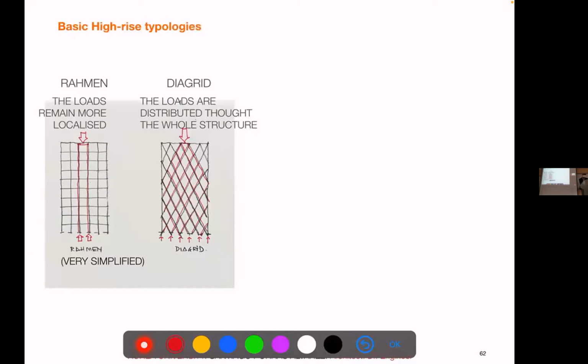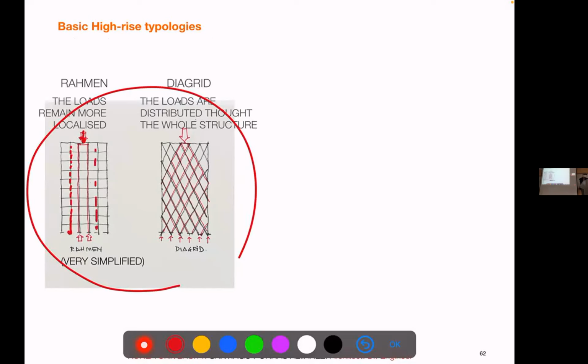This diagram, actually this is a simplification, right? If the load is in the beam, maybe 20% of the load will go to the sides, and maybe just 5% will go there. So in reality, there's a small share of that stress in the ramen, but most of the load will be in the center. It's kind of irregular. The grid goes smoothly and will go to the sides. So any load anywhere is instantly shared by the whole building. Ramen is much more concentrated.